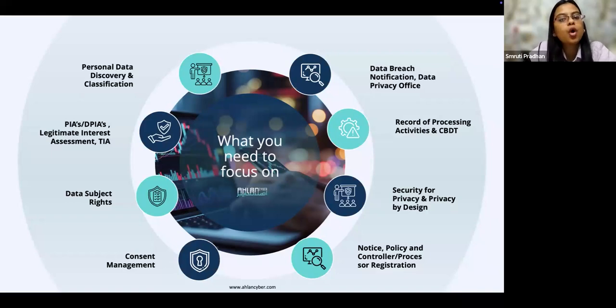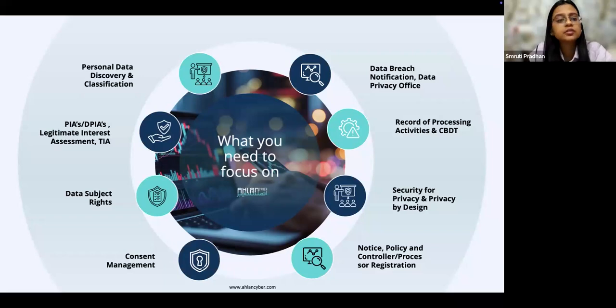Now let's look into what you need to focus on if you are building a KSA PDPL program. For any organization today, I really ask them to understand the footprint of their personal data within the organization. You really need to make sure: have you identified the departments which are holding personal data? Have you identified the processes which are processing personal data? Have you identified the applications which are holding personal data? This personal data could be for your employees, for your B2C customers, or for any individual in your B2B cycle or your vendor relationship life cycle. Have you identified those systems and processes?